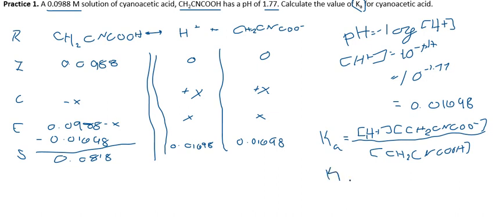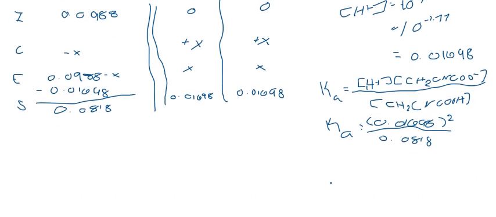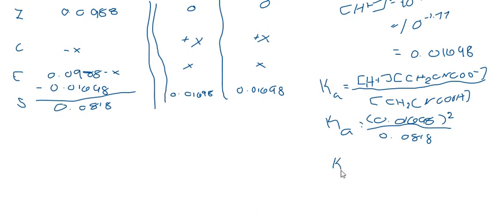And I get that Ka is equal to 0.01698. I'm going to square it because these two are equal to each other, over 0.0818. Do the math, and I get that Ka is equal to